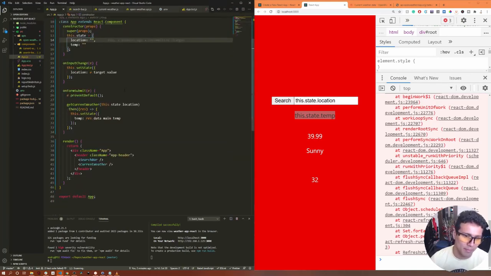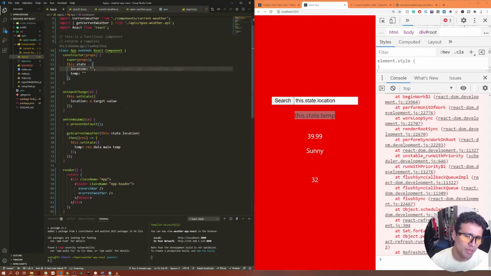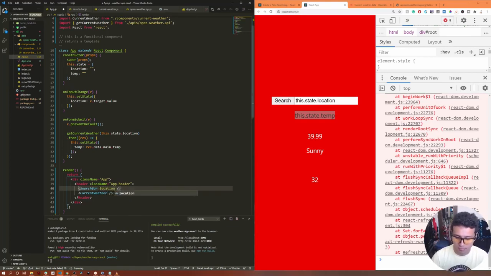If we go to our parent component and we say that we want to pass the location to our search bar, we can say that the search bar is going to have a prop, and that property is going to be called location. And I'm going to provide the value of the location, which is going to be equal to the state location that I have in my